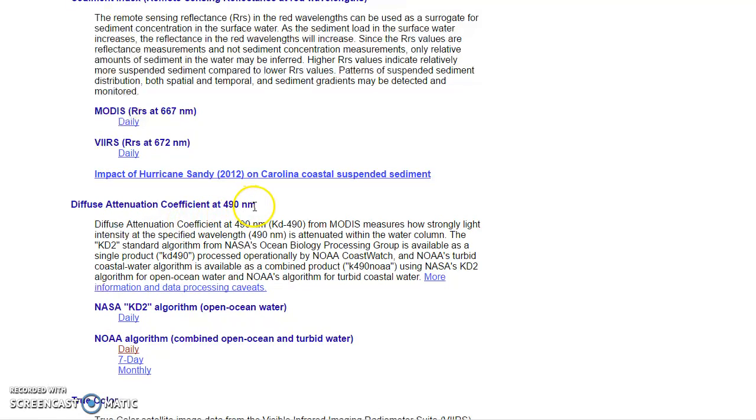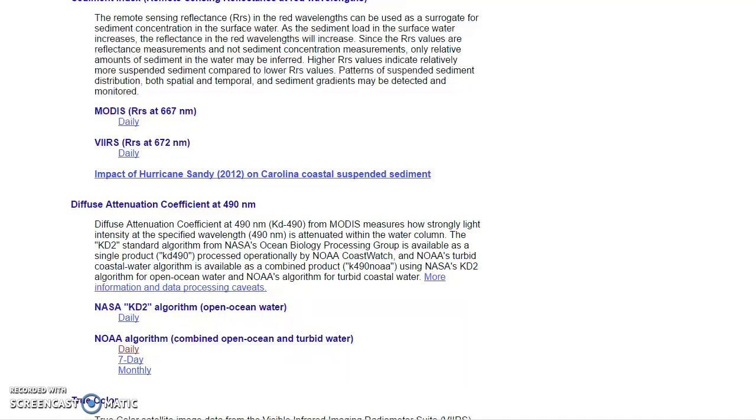Basically, the K490 image is looking at water attenuation, and that's the amount of light, or specifically the amount of the 490 wavelength light that is reflecting back to the satellite, and is measuring basically how blue the water is. To understand why that has relevance to diver visibility or water clarity in general, let me give